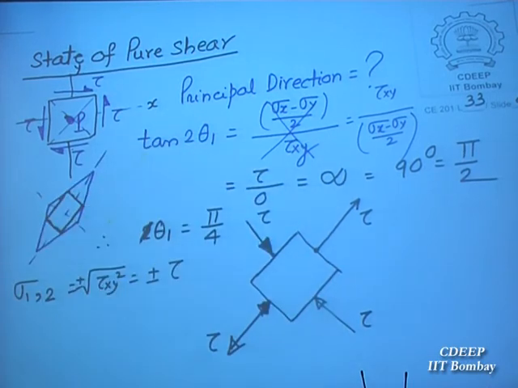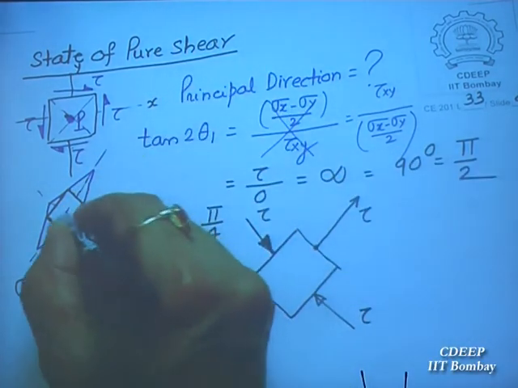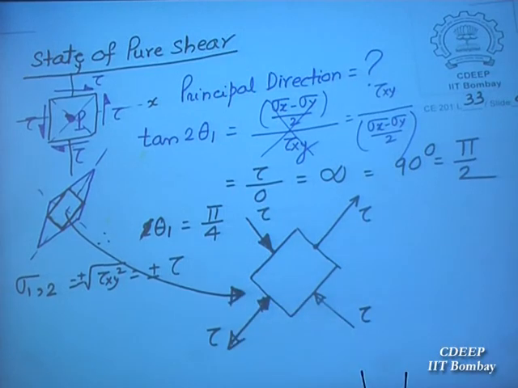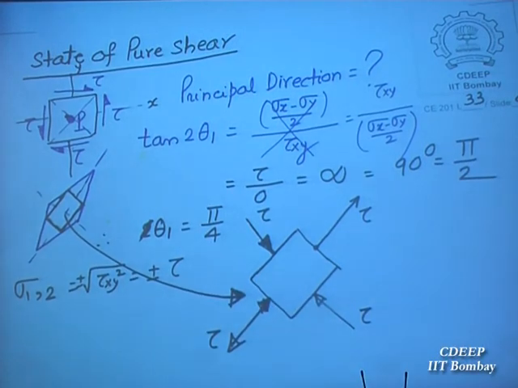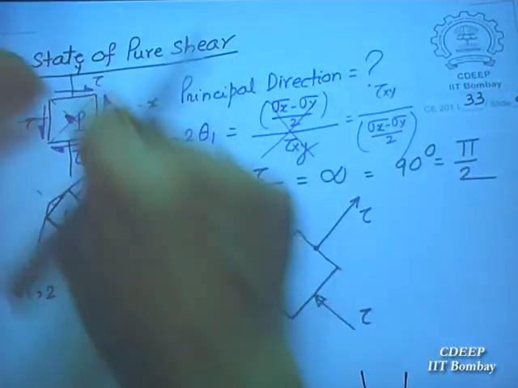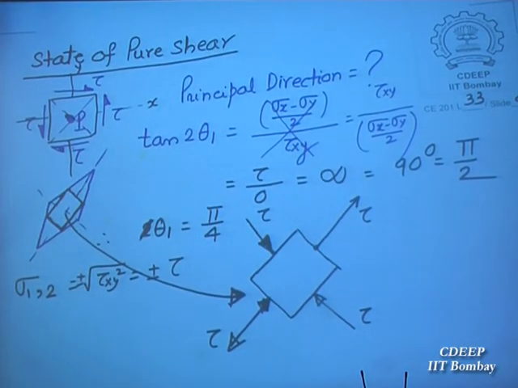So these are stresses, that means this side it is increasing, so tension. This inside element is shown here. So these two are extending this diagonal, these two are compressing this diagonal. So this leads to pure